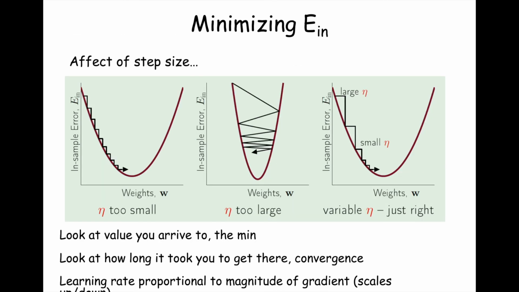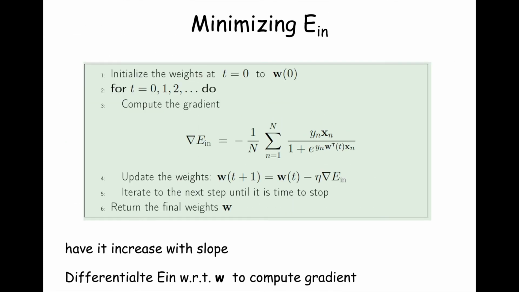Okay. And so we have our gradient of En that we compute by taking the derivative of our cross-entropy error, right? And you can code that easily in something like MATLAB. And then, given that gradient, we update our weights vector. So our weight vector for the next time instant, the next round, is going to be the current version of the weight vector minus eta times this gradient that we just calculated. Okay? And so we keep doing